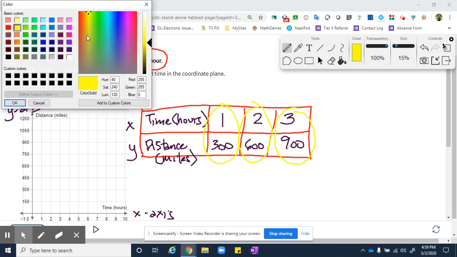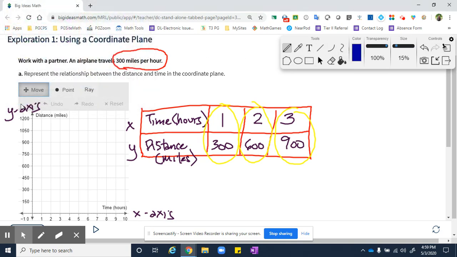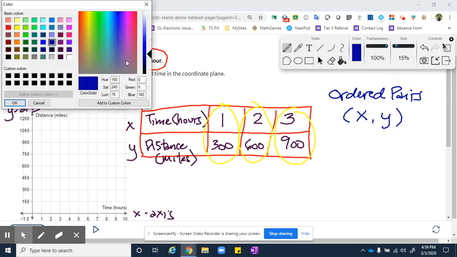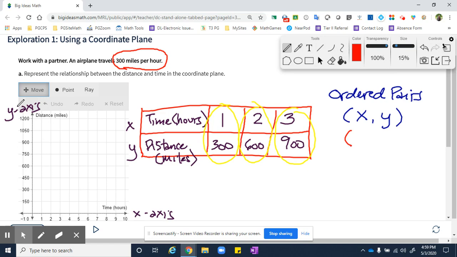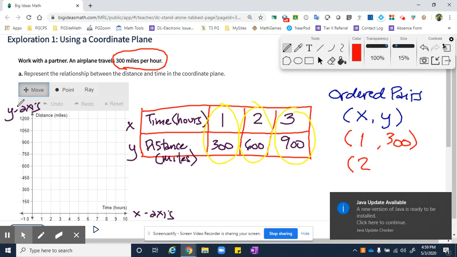Now, why are these important? Remember what I said earlier? We need our ordered pairs. Now, when you say ordered pairs, that is your x and y coordinates. So let's write our ordered pairs right now. So I'm going to use red. When x is 1, right here, 1, y is 300. When x is 2, and remember, x represents time, in 2 hours, the plane travels